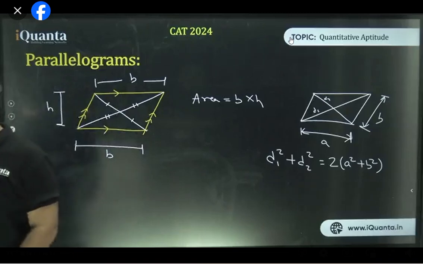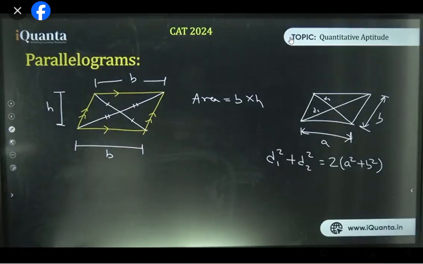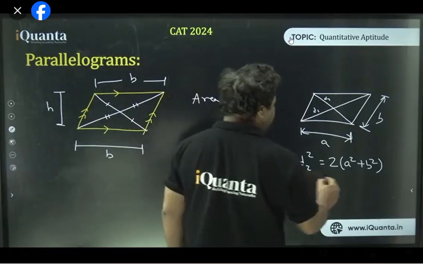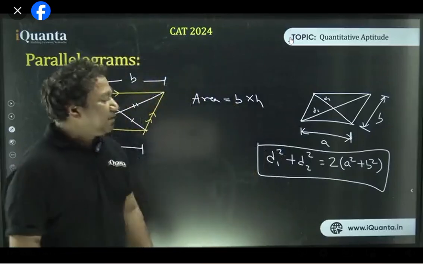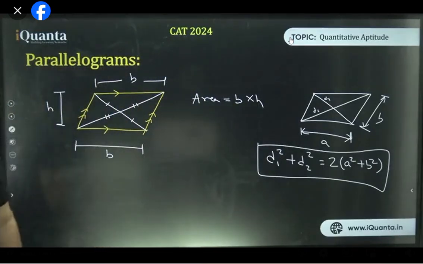This is a very important formula, which I don't think you have done in your high school. Have you? I don't think so. No, Priyanka? Both diagonals' lengths are not the same. If they were the same, then I would draw the figure that way. So it's not necessary. Okay, now this formula, I think you guys haven't done earlier, or have you? This is very important. I have seen some questions which are directly based on this formula. Exactly, Mohit. Sum of squares of all sides.